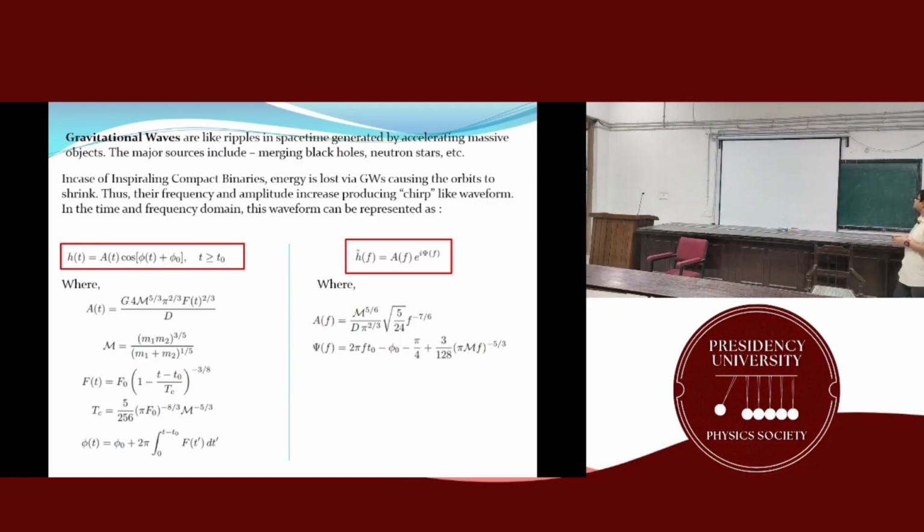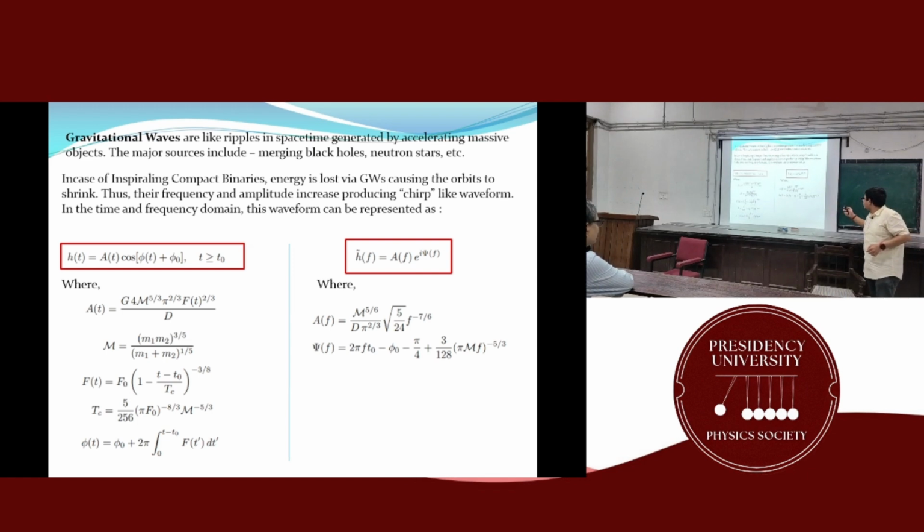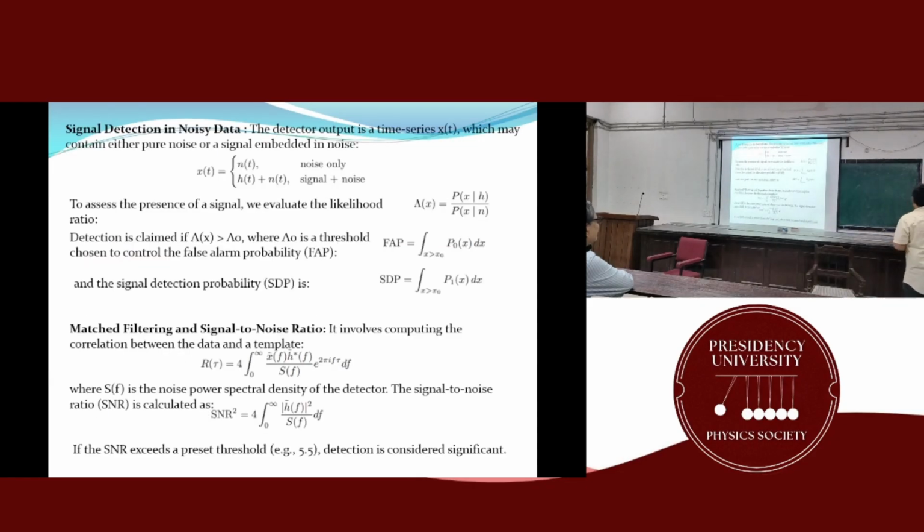And when they merge or when they orbit around each other, the orbit shrinks, and due to the change in their frequency and amplitude which increase, a chirp-like waveform is produced, which we detect as strain in the time domain h(t), and then we transform it into the frequency domain using Fourier transforms, and we see a set of